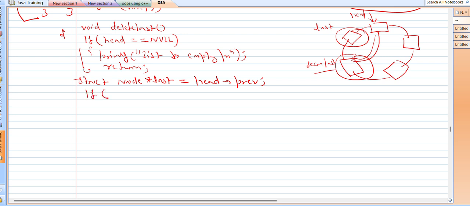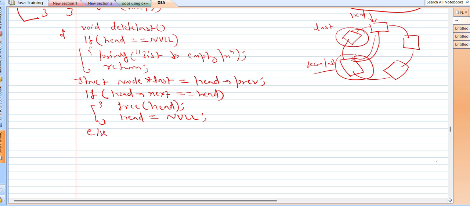So this is the case when the list is having only one node, I mean when the next of head is pointing towards itself, when head of next is equal to head, that means list contains only one node, so we'll simply delete the head, and in this case our head becomes null, and that's it. Else,